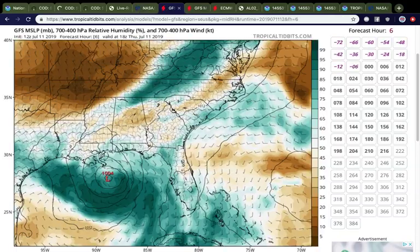As you can see here on the GFS forecast, this is valid as of 12Z this morning. The run's still coming out, but we have enough information out right now. You can see it's initialized it pretty well. You can see still a little bit of decoupling here, but it doesn't really show the elongation of the center because the wind barbs here are at the 700 to 400 millibar levels, and that is in the mid levels of the troposphere. You can see all the moisture here basically based along and to the south of where the surface center actually is,